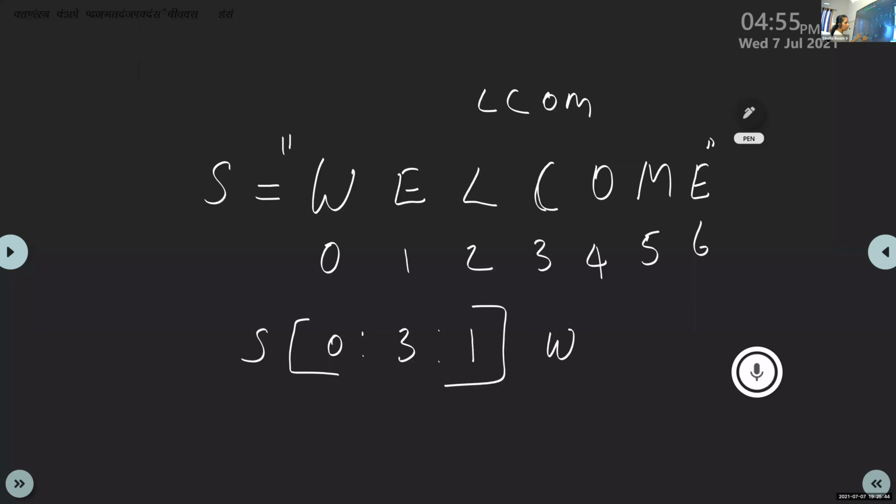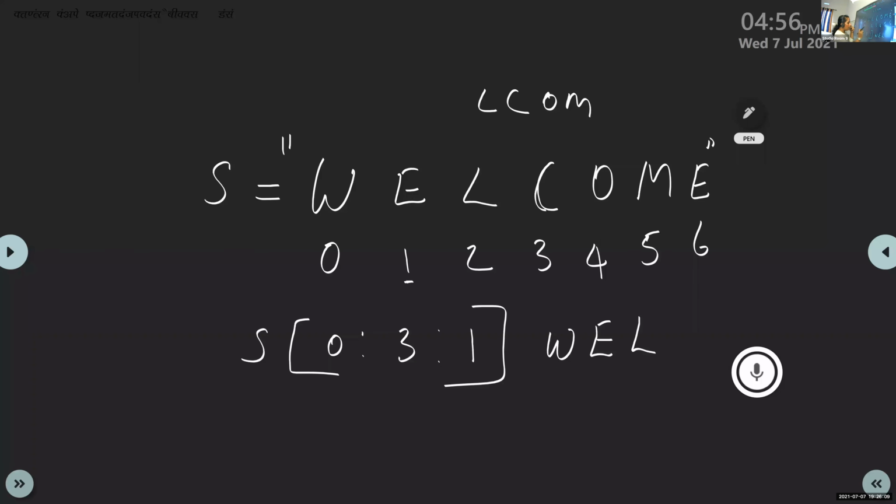It is 1. So the next index value is 1. So what is the next character? 1 is represented by character E. Then next it is again incremented by 1. So 1 plus 1 is 2. So the next character is L.